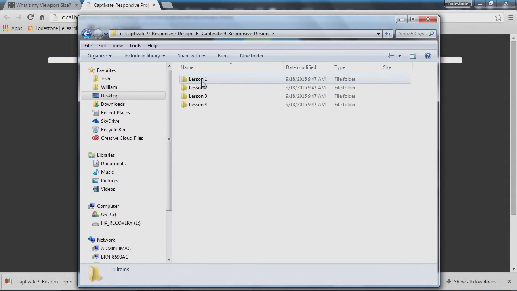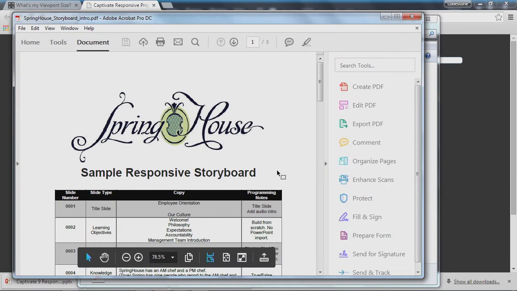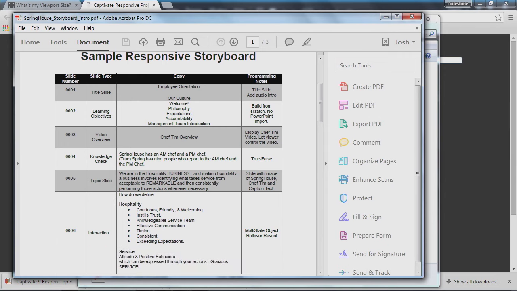In the Lesson 1 folder, you can open up either the PDF document or the Word document. I'm just going to go into the PDF. And here we have our responsive storyboard. So we have certain types of slides in here: a title slide, learning objectives, a video overview, knowledge check, topic